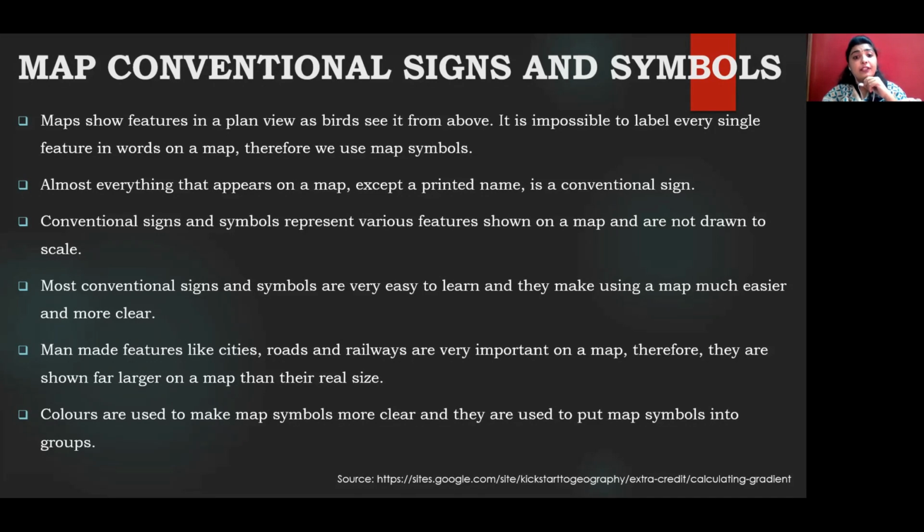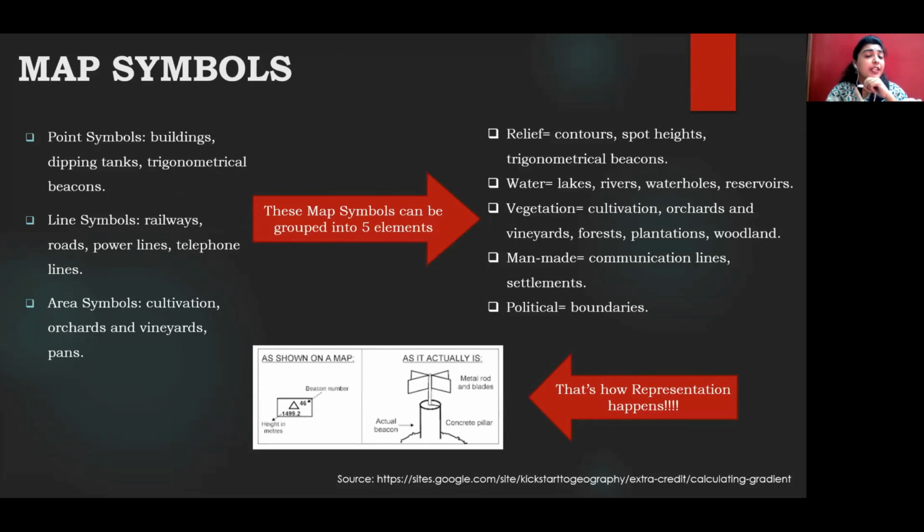So all these features have to be depicted on the map. If you are just drawing a political map, it is okay, I'm showing the states. But when I am having a detailed map, like a topographical map or a cadastral map, I need to represent each and every feature that is there on the Earth's surface. To represent that, I have to draw a road, so I'll draw it in terms of a line. I'll show settlements in terms of certain square boxes. So those conventional signs and symbols are really very, very important.